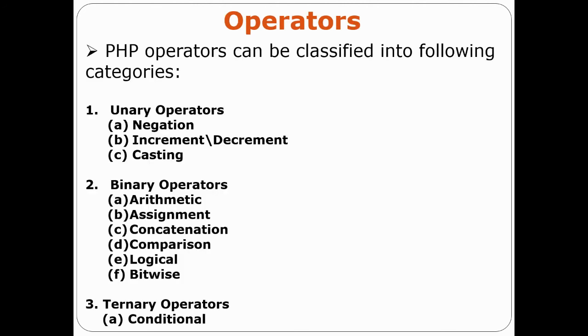Last is the operators. Three categories are there: unary, binary, and ternary. In unary, negation, increment, decrement, and casting operators are there. In binary, arithmetic, assignment, concatenation, comparison, logical, and bitwise operators. And in ternary, conditional operators are there. So this is